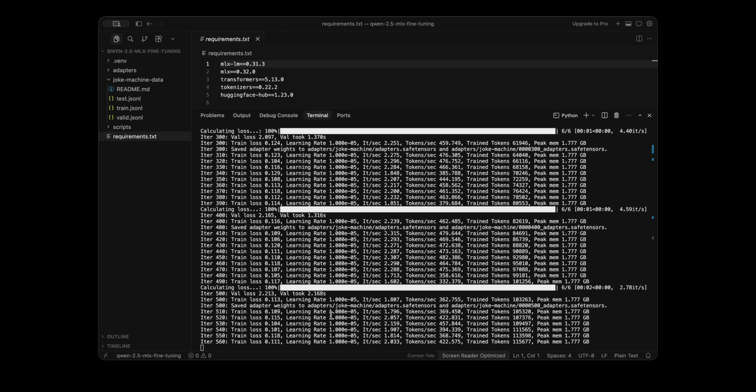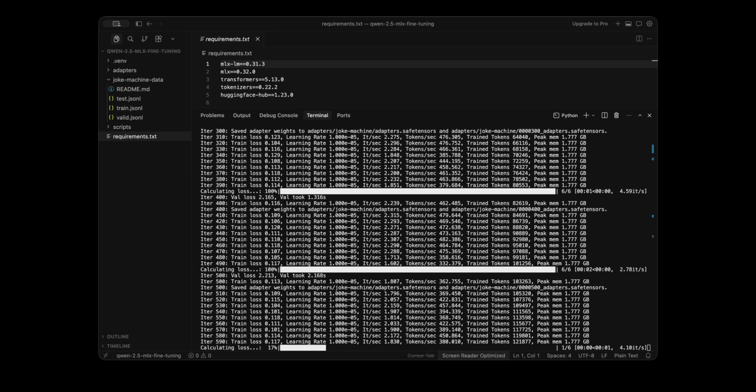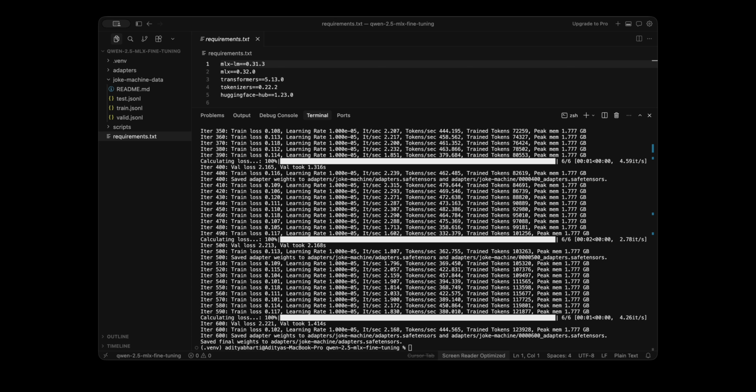The adapter kept improving on familiar examples while becoming worse on unseen ones. That is overfitting. I compared steps 100 and 600 with the same prompt at temperature 0, which kept generation repeatable. Step 100 produced the cleaner joke and the best validation result, so I selected it.